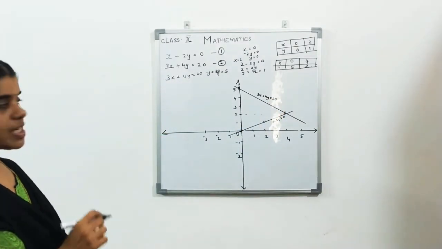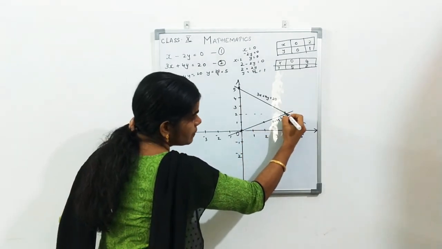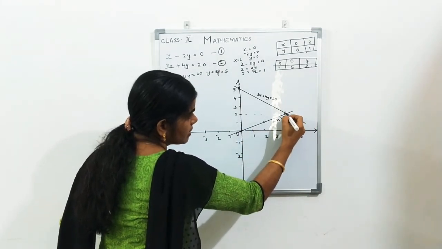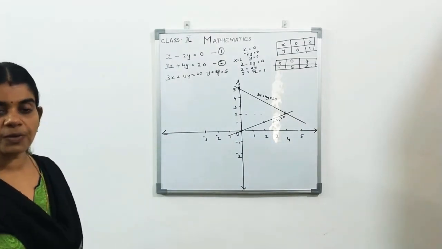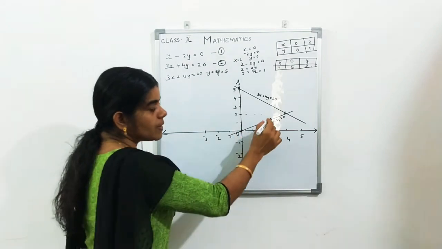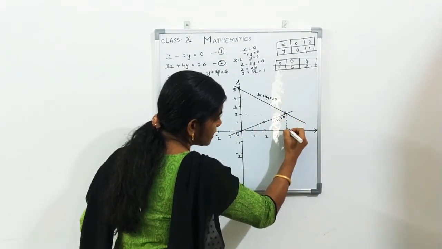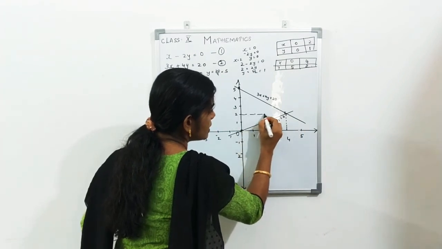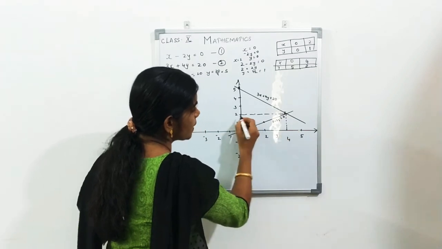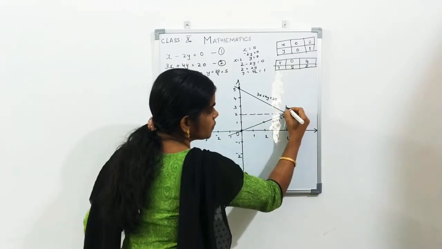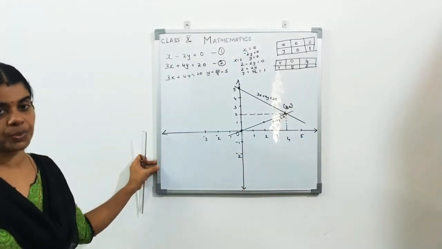Now, which type of graph did you get? Intersecting lines you got. This is the point of intersection. Then that point of intersection will be the solution of this pair of linear equations. Then you want to find out that point also. This is the point. I am joining this to the x axis, and I am joining this to the y axis also. Therefore, our solution is x is 4 and y is equal to 2. Therefore, the solution of this pair of linear equations is 4, 2.